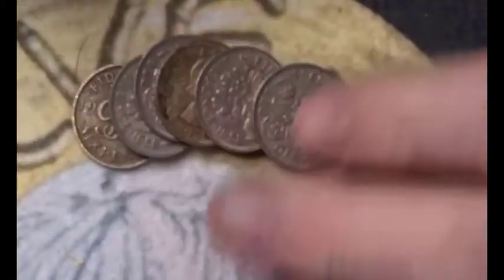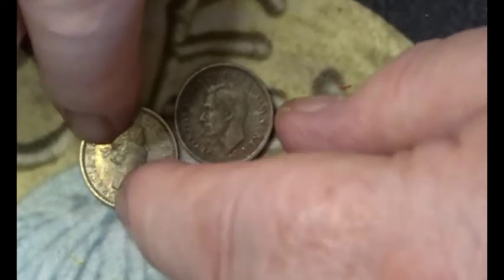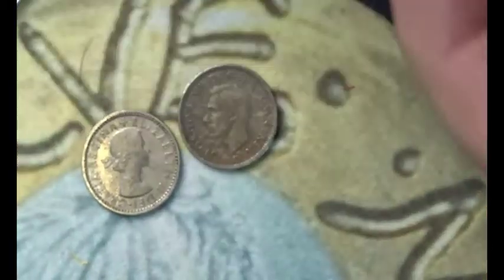Now, the next set of coins are mainly Elizabethan sixpences. So we've got 1, 2, 3, 4, and a 5th one. And we also have a George VI sixpence there. Now the backs to all of these I'll show you in a second, but these 4 that I have in my hand, they are dated